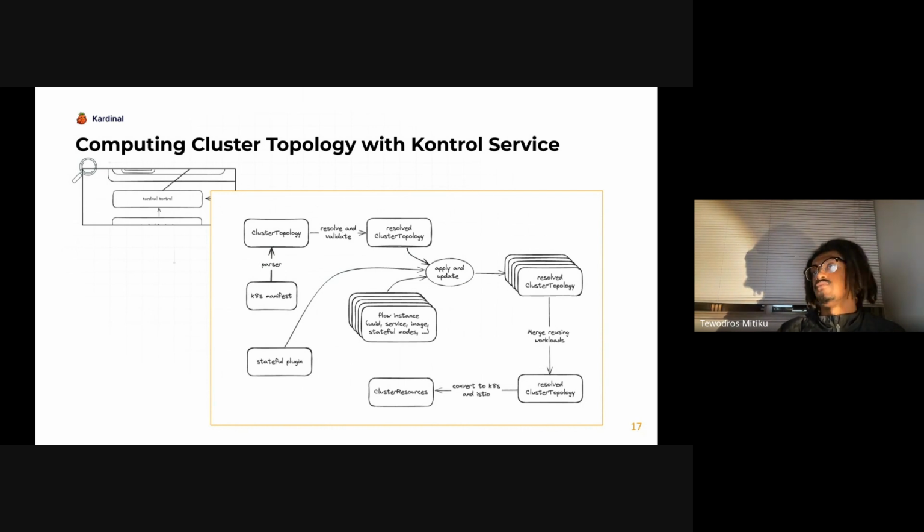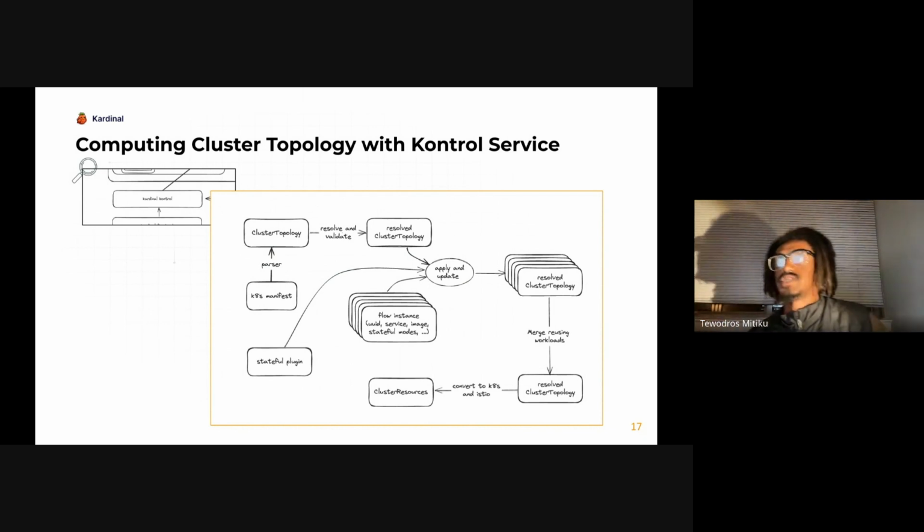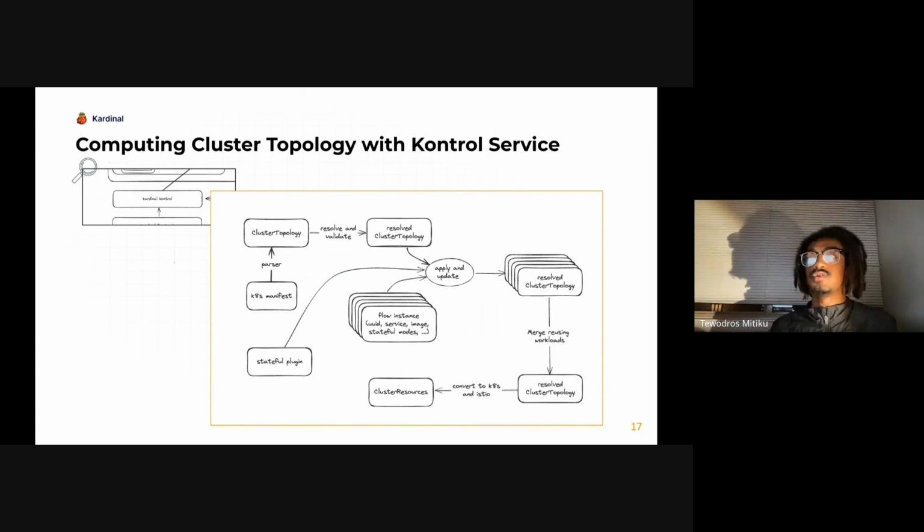This manifest could have a few Kardinal annotations, or it could have a ton of Kardinal annotations, as I'll show in the demo. And then we will create an internal representation of your Kubernetes cluster via cluster topology. We'll do some resolving and validating of it based on the information that you've given us via the annotations of some of the dependencies that exist within it. What is the ingress or the entry point into the cluster? And then this is where the real magic happens.